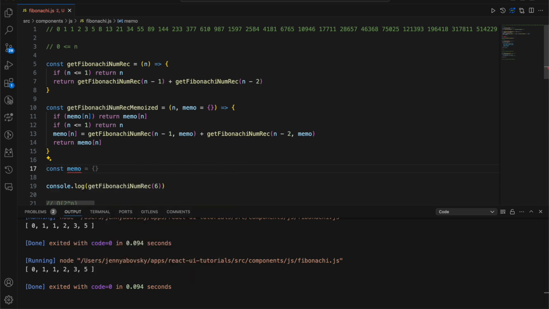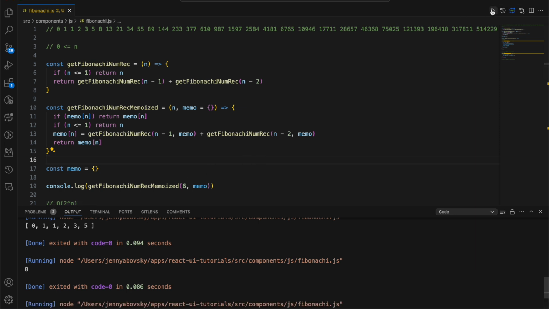So memo needs to be external in order for us not to restart it every time the function is calculated. So we do need memo to be external, and we're going to pass the memo to the function. Like this. So it's 8, and then again it's 8, but if we will do maybe something more complex, maybe 10